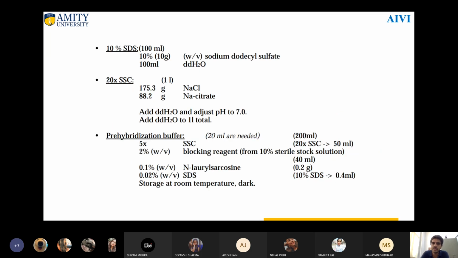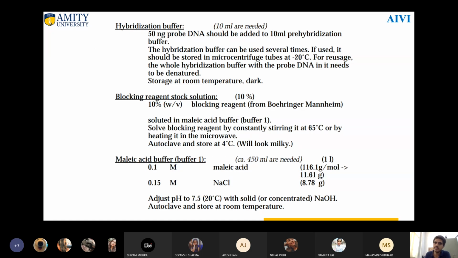You need SSC for washing, which is sodium chloride, sodium citrate solution. You need a pre-hybridization buffer, which is a mixture of SSC and SDS and so on. Then hybridization buffer, which is going to allow you the hybridization. Here the temperature should be a bit higher so that non-specific binding should not be there. Then blocking reagents, to block, because once the transfer is done, you want to avoid non-specific